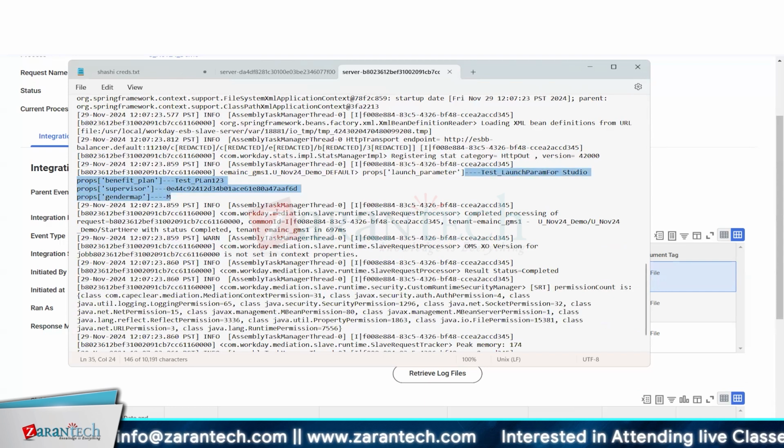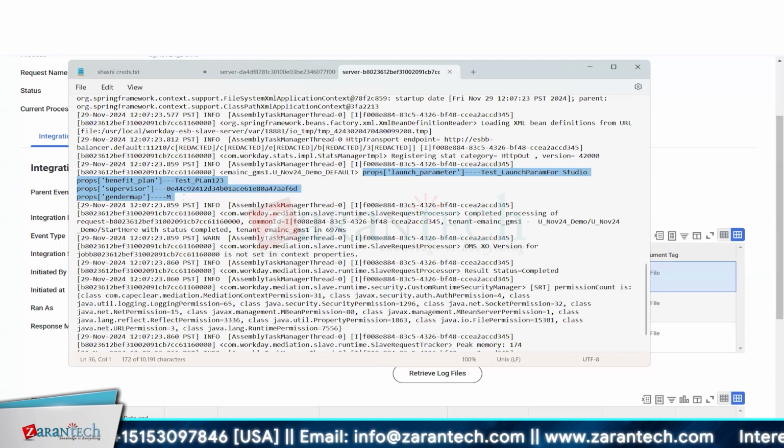As you can see here, whatever values we configured on the integration attributes, maps, and the launch parameter are being captured successfully in Studio, and these prop variables or properties, whatever we defined, have read those values